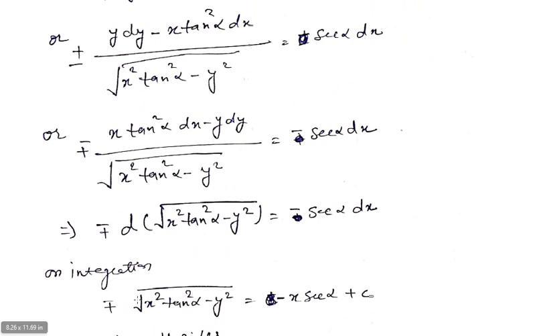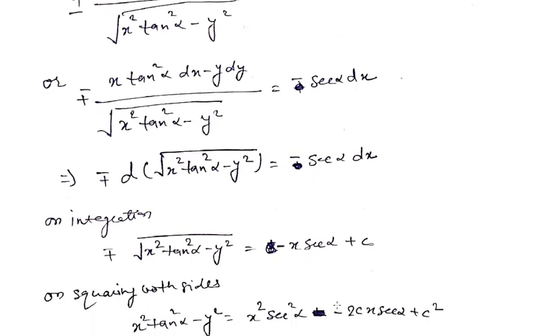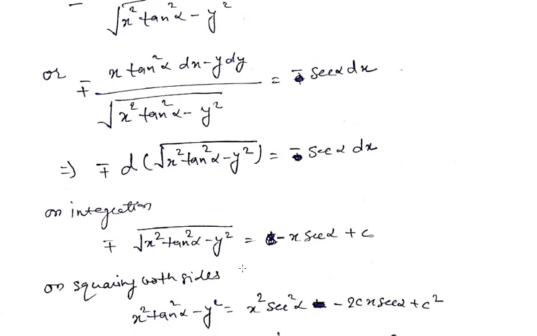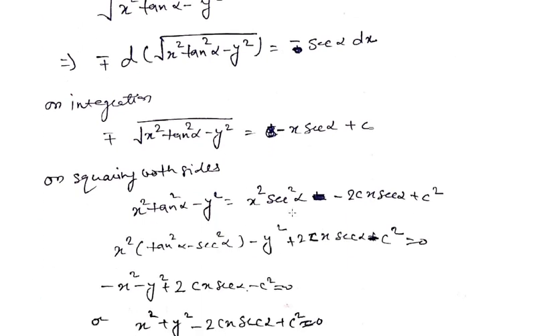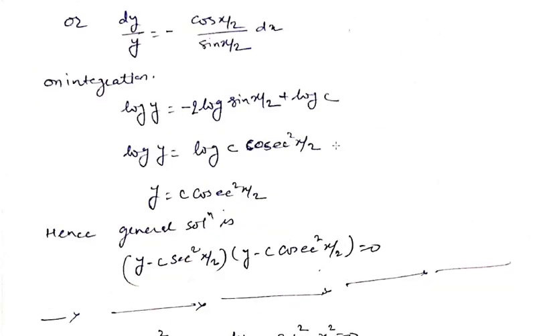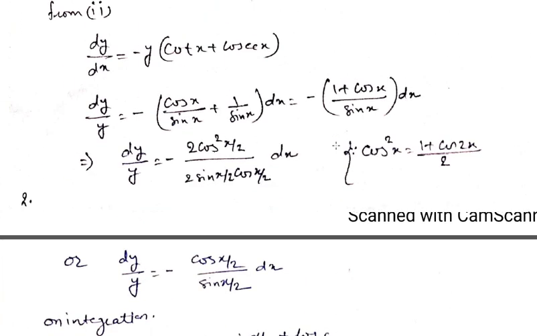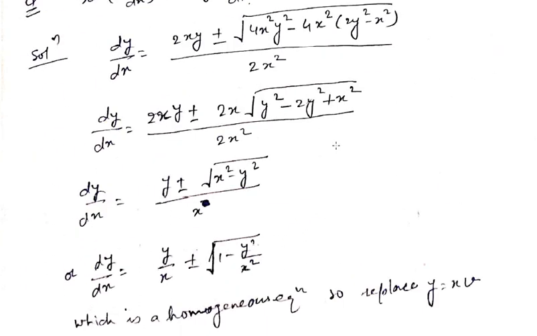So we get minus plus square root of x square tan square alpha minus y square is equals to minus x sec alpha. As we are to integrate with respect to x, we get minus x sec alpha plus c. Now we will square both sides. So we get the square of minus x sec alpha plus c. Its square will be x square sec square alpha minus 2cx sec alpha plus c square, and taking